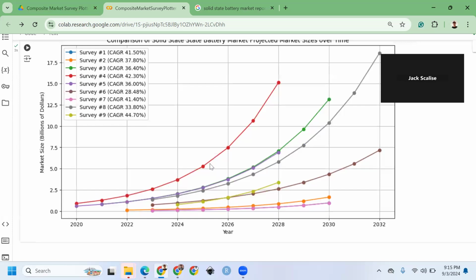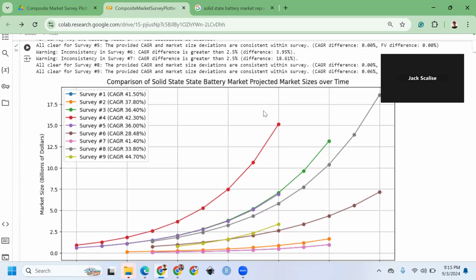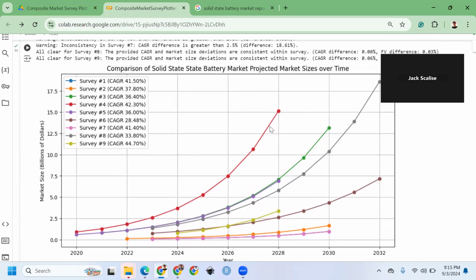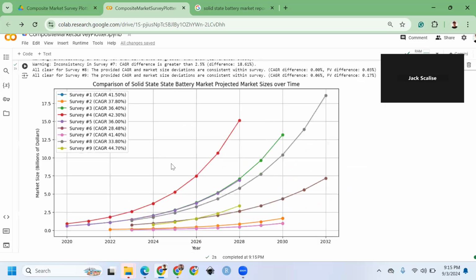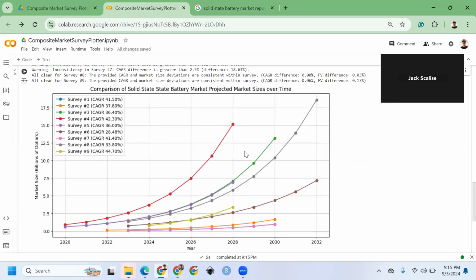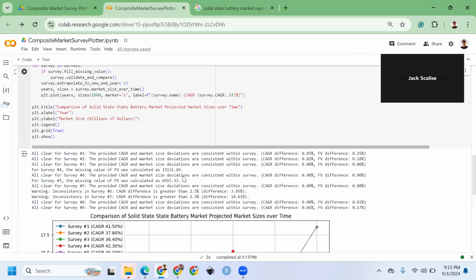So here's the one we put in up to 2028. Man, if I found this red one online and then input it into this market survey plotter, I would probably have a reason to doubt this red one because it's showing something completely different than what the general bulk of market surveys is saying. And so I'd literally probably go